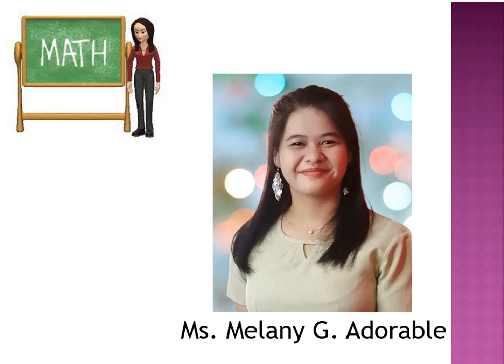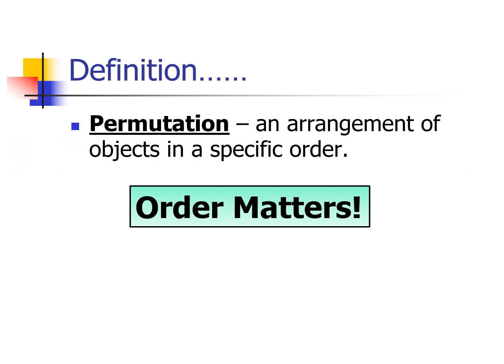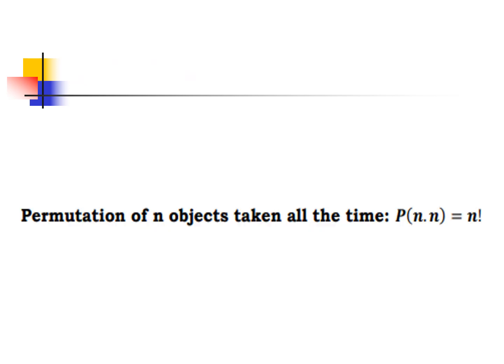Adorable, your mathematics teacher. What we are going to learn today is about permutations. A permutation is an arrangement of objects in a specific order, and we have to remember that in permutation, order matters. Today, we will learn four types of permutations, and we will start with the first one, the permutation of n objects taken all at a time, which is denoted by the permutation of n taken n, which is equal